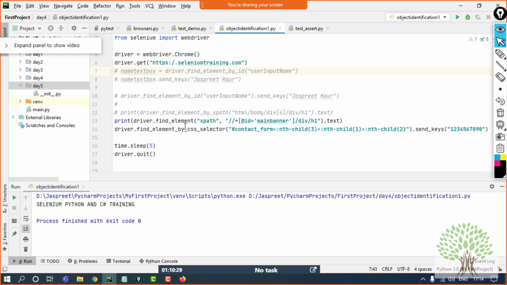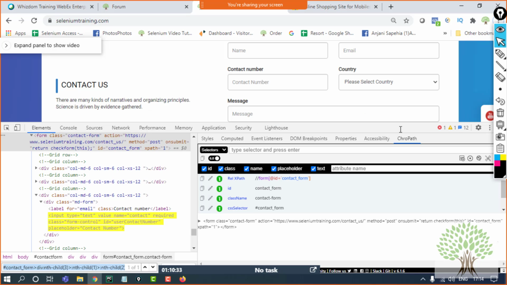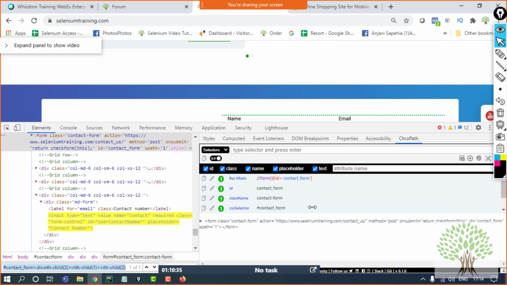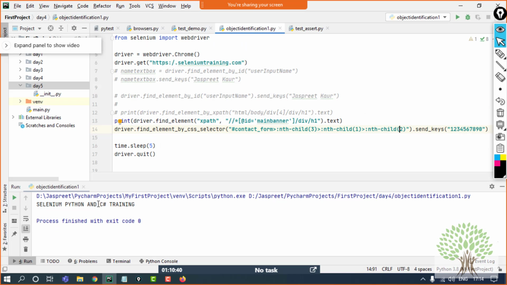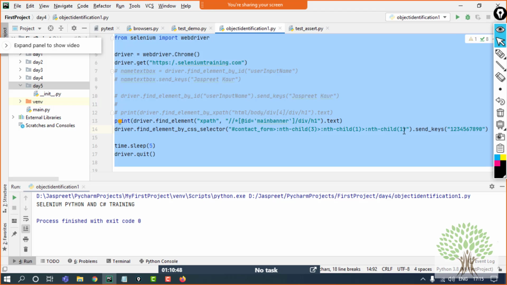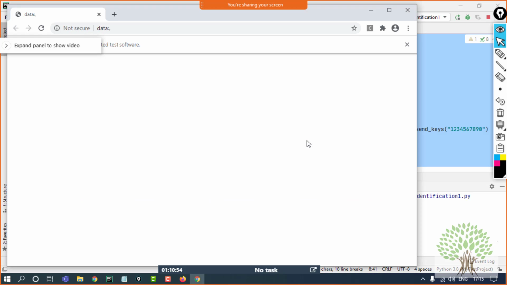If instead of this, if by mistake I did not give the nth child right, I wanted to work with the second one but I gave the number as 1, which is a text itself, then there will be no text sent, right? Then in this case it's going to give me an error. Run. In this case it's going to give me a proper error.